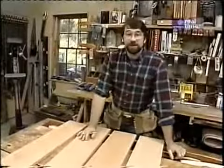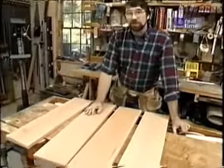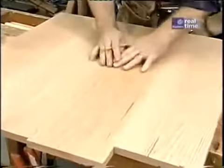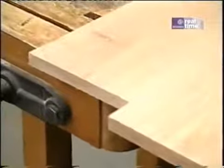Now, when I went down to my hardwood center, I was lucky. I was able to get a whole top out of one board, one 10-foot length of 1x8. And that's an advantage because it means that the texture of the grain is going to be more even and match up. Now, the next thing that I did is look at the ends of the boards for the growth rings. You can see this board, they're curving up. This one down, up, down. By alternating those rings, I'll end up with a more